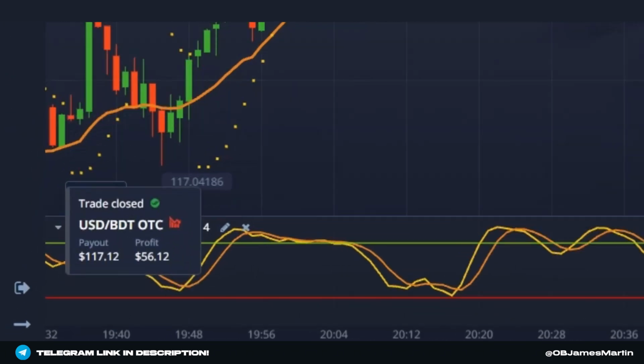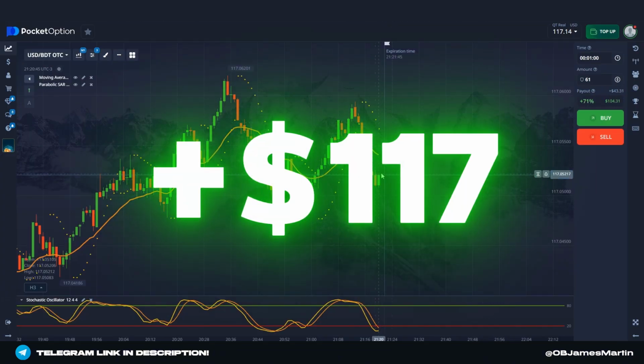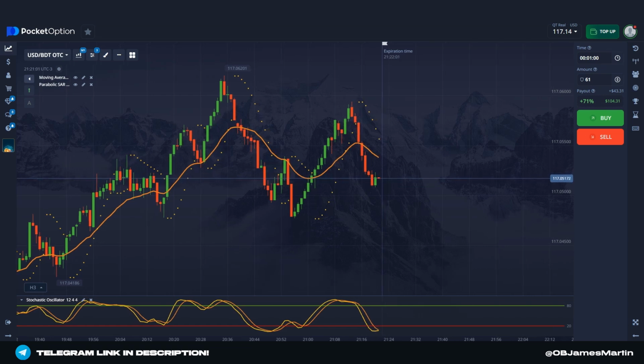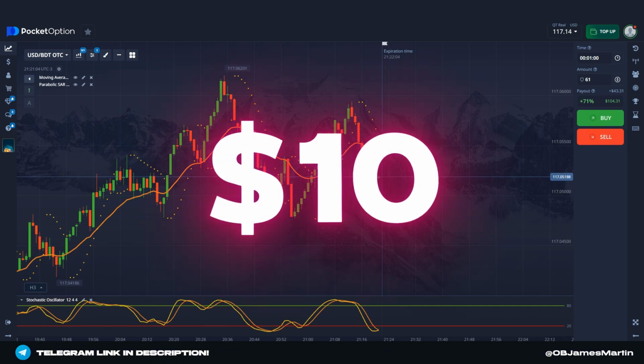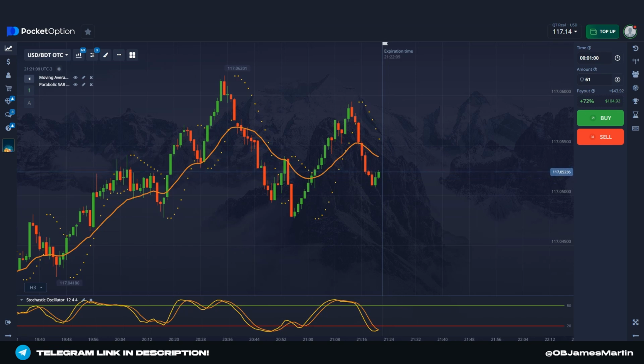Yeah guys, here I take a profit and it was $100.17 on my balance right now. I could have made more profit if it hadn't been for the last unprofitable trade, but that is okay. It's also very cool for me. I multiplied my balance 10 times, my friends. 10 times is a very, very good result, from $10 to $117 in less than an hour of work. It's a very good trading session. And now I can give you an answer that the strategy works. Otherwise, you have to try it very carefully.